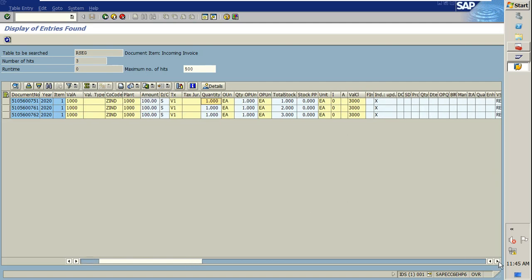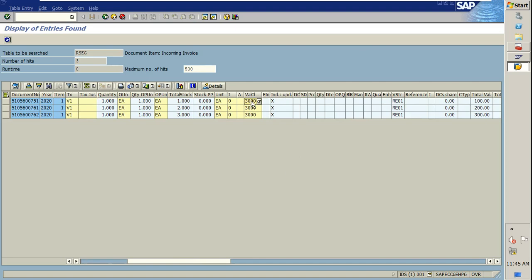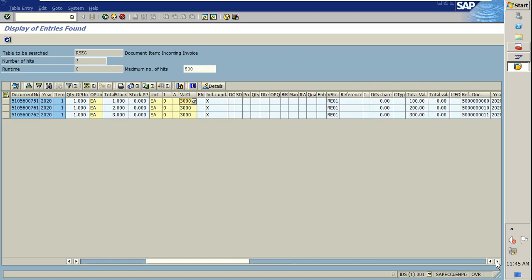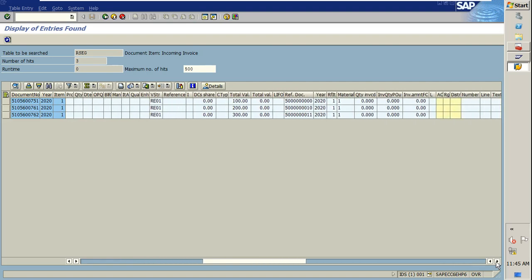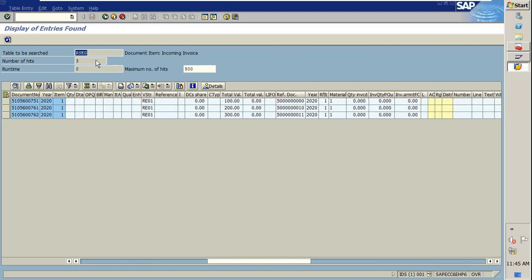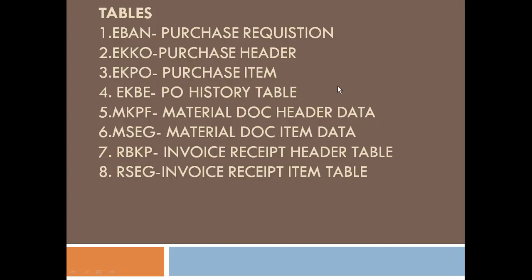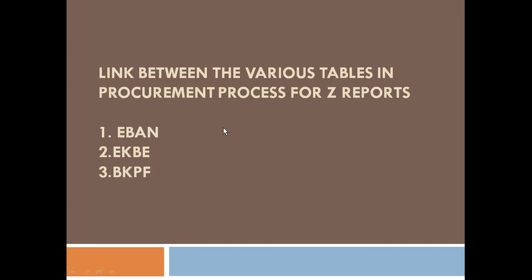So now I'm going to show you how to link the tables in procurement. This means if you are customizing any report, a Z report or any customized report, to show the data of PO, GR, Miro, and if your business demands that you need to check whether the PO was created, what is the Miro number for that, or what is the accounting entry for that? Okay, so for those linkages we have